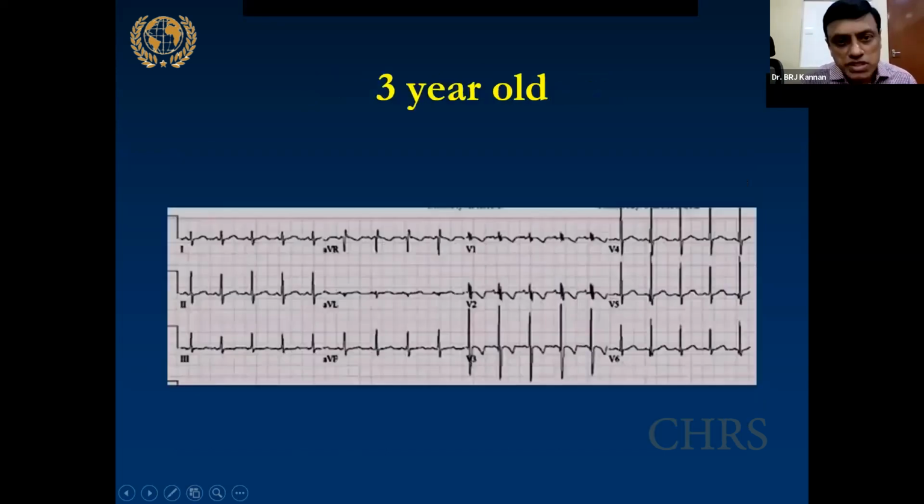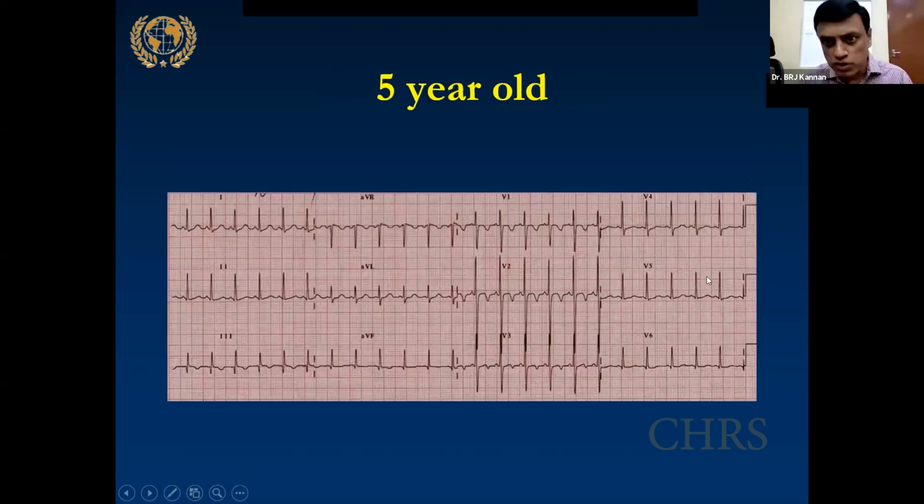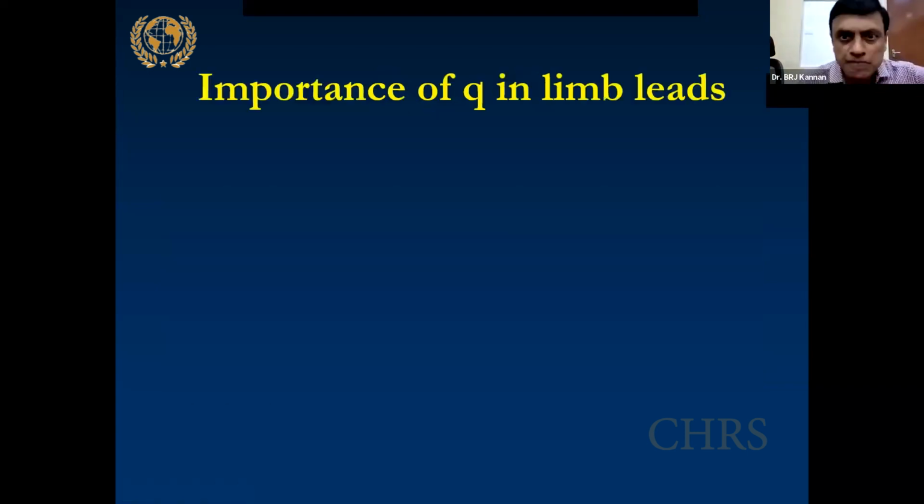In a 3-year-old child, the right axis deviation is almost getting to near normalcy now. But still you can see some kind of RV dominance. Now in a 5-year-old child, it's almost like an adult ECG. There is normal progression and very small R wave. The small R wave is going to further come down with time. So this is the progression of ECG changes in children. One need not remember more than this. One need not remember so many numbers in so many tables. This is enough for us for all practical purposes.